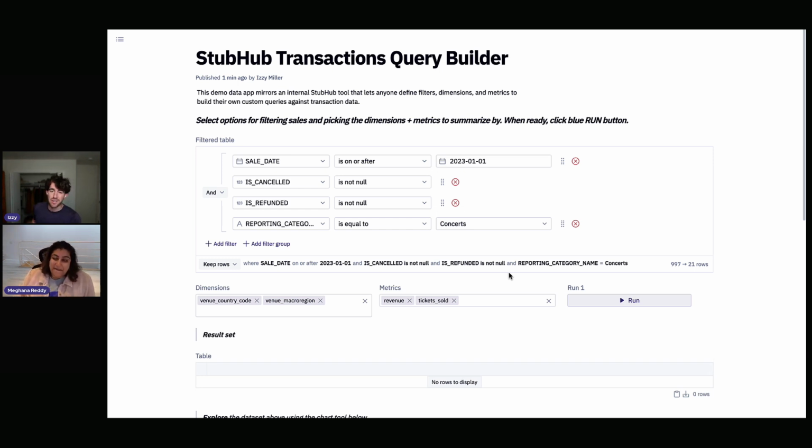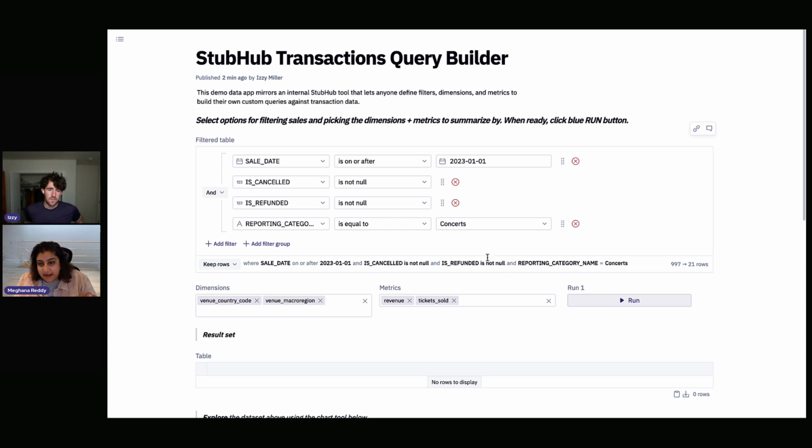I think a lot of Hex users, even experienced ones, don't realize that you can put filter cells in published apps for users to interact with. So I'm delighted to see one in a published app. Yeah, absolutely. It's ended up being a very common pattern for us: anytime it's a self-serve explorer, the first thing is, okay, there's unlimited combinations of filtering that somebody probably wants to do, so let's just give them that ability.